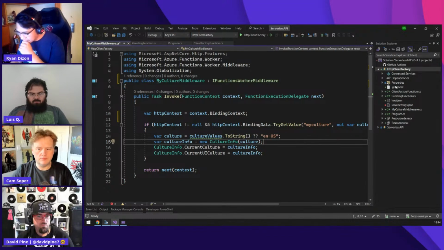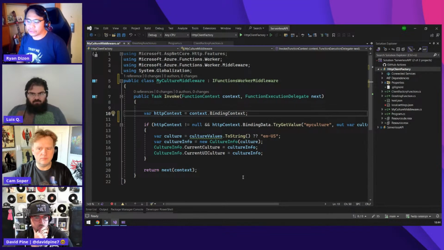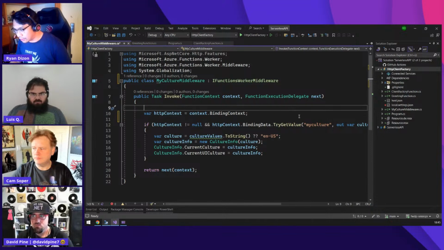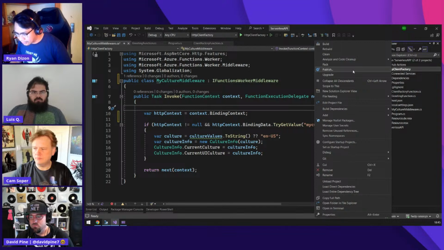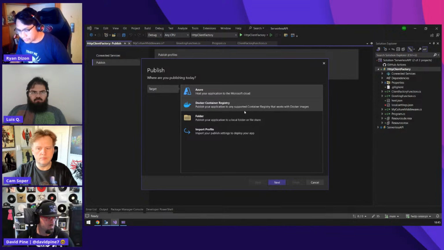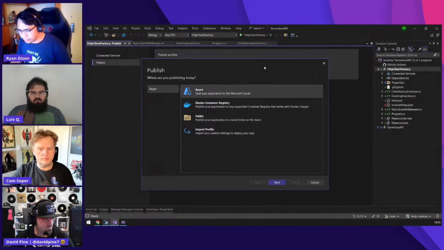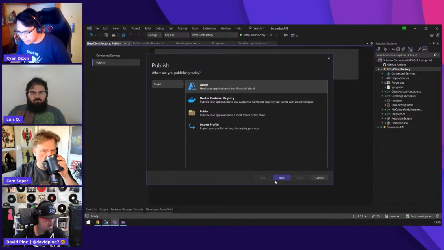Okay, I think that's it. Oh, I also forgot about how you are going to put this to Azure. Well, there are different ways to do that. Since we are using Visual Studio, you have this publish option here where you can connect directly with your Azure cloud account, or you can use this import profile file, like what you are doing with your web API project. So let's just try this.